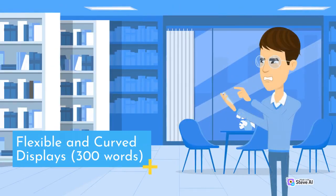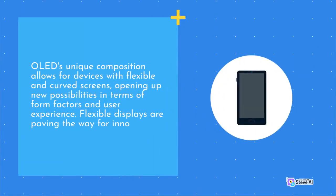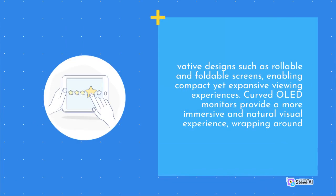Flexible and curved displays, 300 words. OLED's unique composition allows for devices with flexible and curved screens, opening up new possibilities in terms of form factors and user experience. Flexible displays are paving the way for innovative designs such as rollable and foldable screens, enabling compact yet expansive viewing experiences. Curved OLED monitors provide a more immersive and natural visual experience,